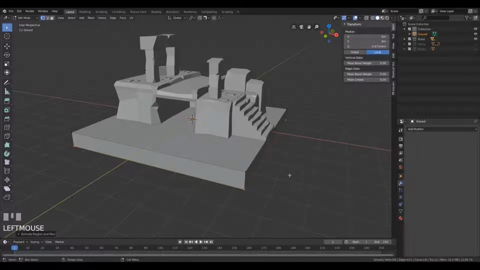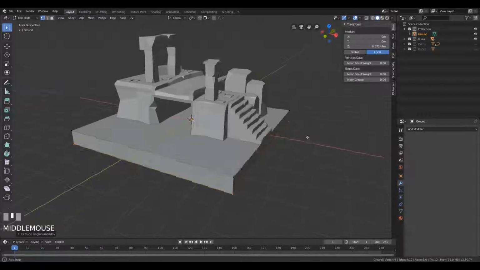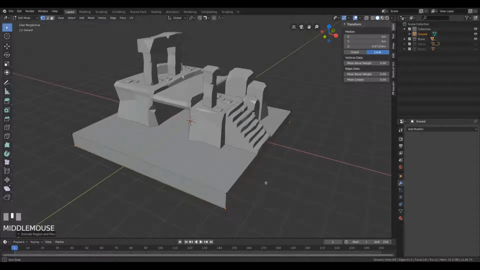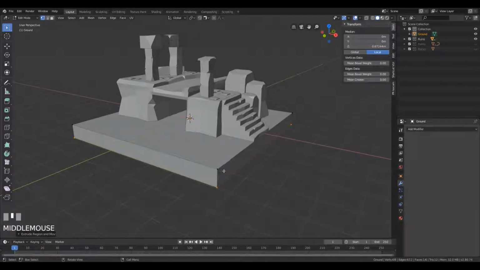Of course, you can do much larger plane and make this part of a larger landscape, and then, I don't know, maybe create some other ruins and drag them around, duplicate some pillars, whatever you want basically. But I'm going to follow with this style where I create this rectangular diorama. Let's do that. And one good habit to have when you're extruding something from a plane and you go downwards,